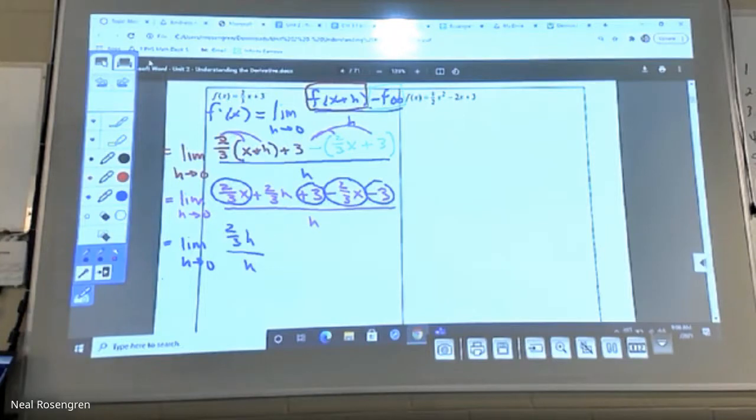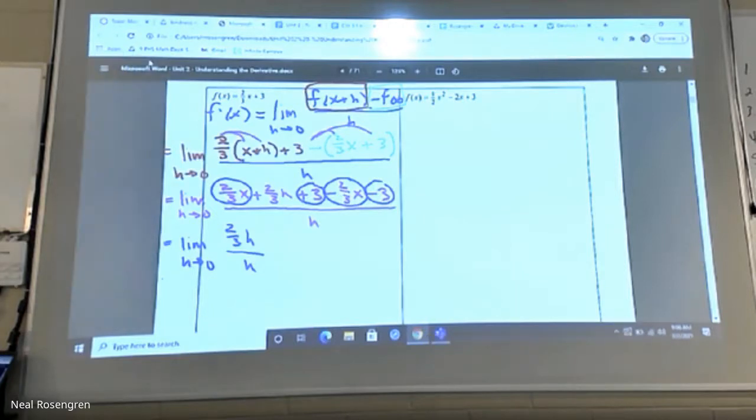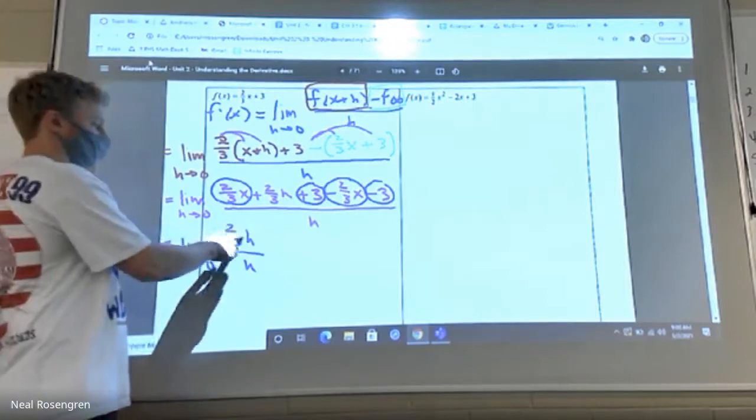Now, because we knew what our slope was going to be no matter what, it wasn't really a function of x, it was just going to be some constant. That's why we don't have any x's left over, right? Because it doesn't matter where I am on that line, the slope of that line is 2/3. But we still have to get to a point where we're okay dividing away the h so we can plug it in if we need to. And we're good. It's already kind of factored just because there's only one term there.